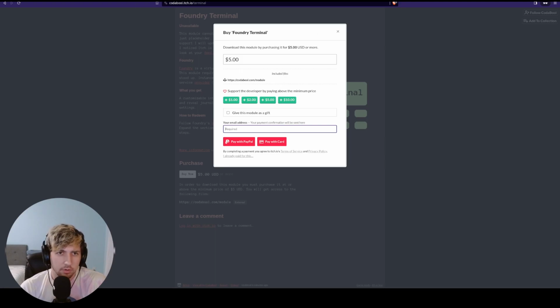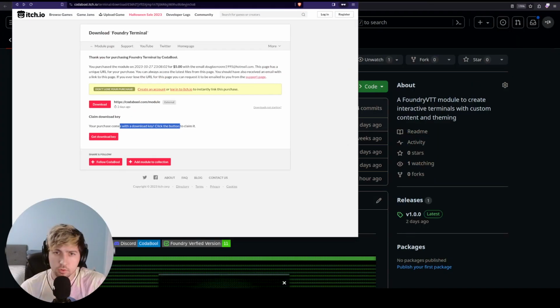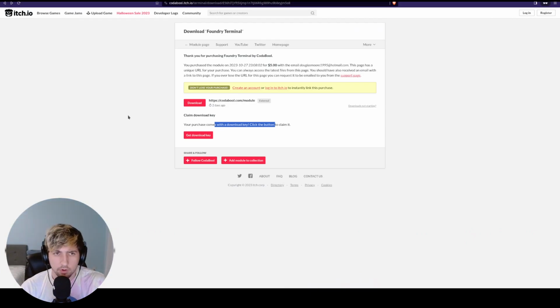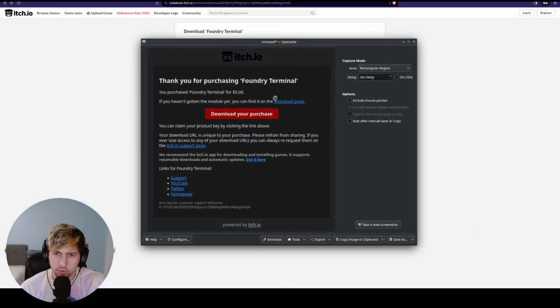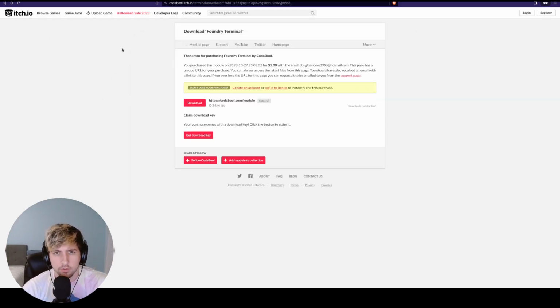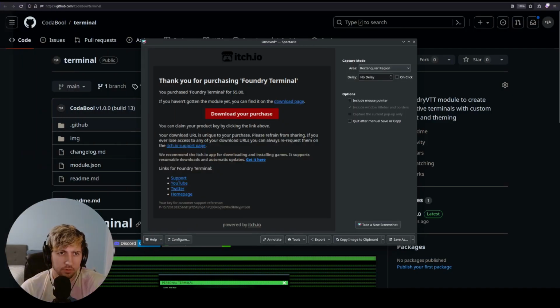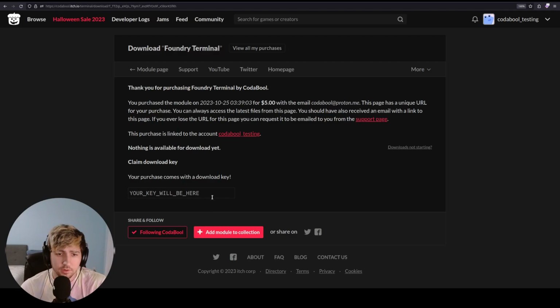Once you go through that, you'll be able to follow the thing they emailed you, which will look like this, where you'll be able to go into the download page that itch.io will give you if you were making an itch.io account. And you can click this get download key button, which will give you something like this. And you can copy that and go to